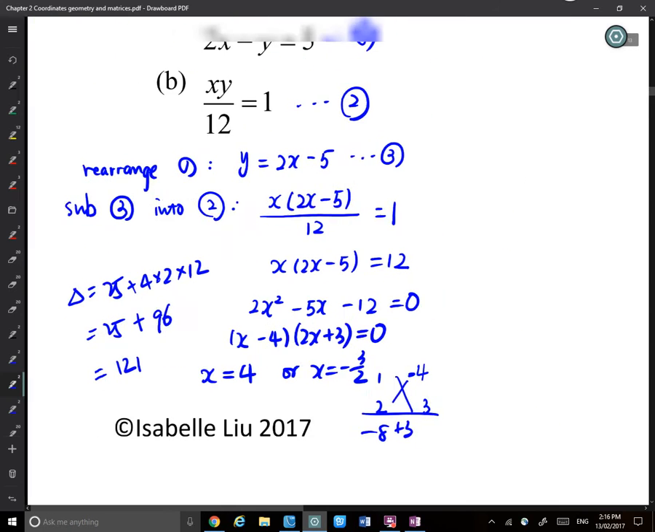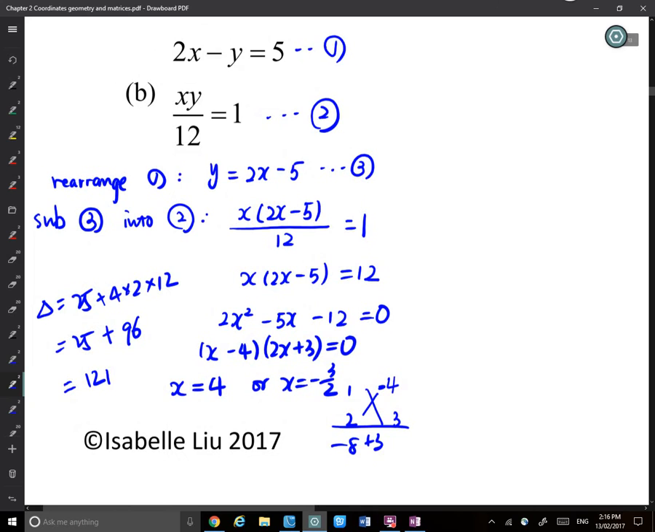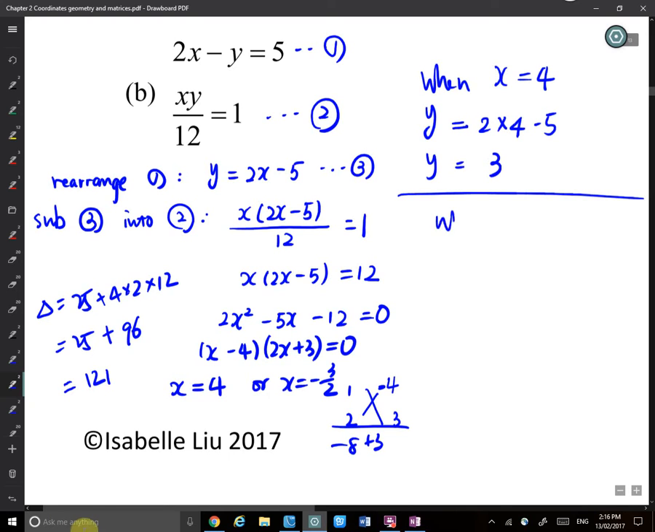Negative 3 over 2. It's not finished. Always remember we still have y to solve. So when x equals to 4, what is y? Y is 2x minus 5. So it's 2 times 4 minus 5. Y will be 3. And then when x equals to negative 3 on 2, y will equal 2 times